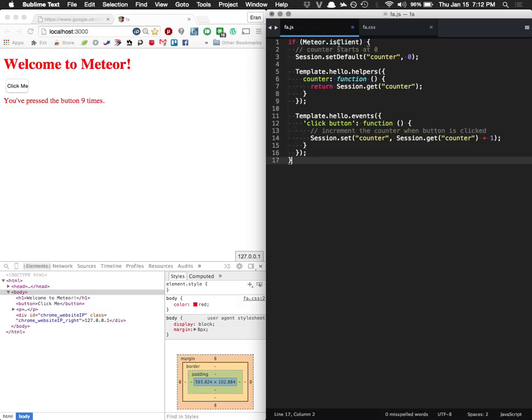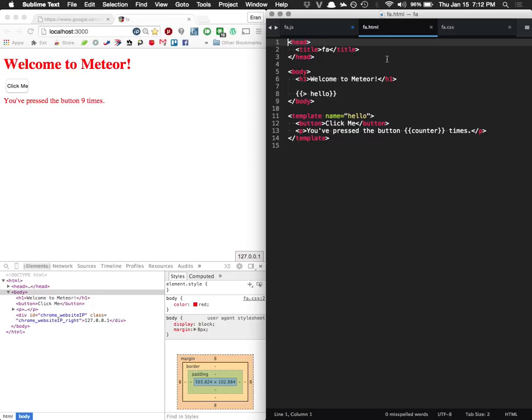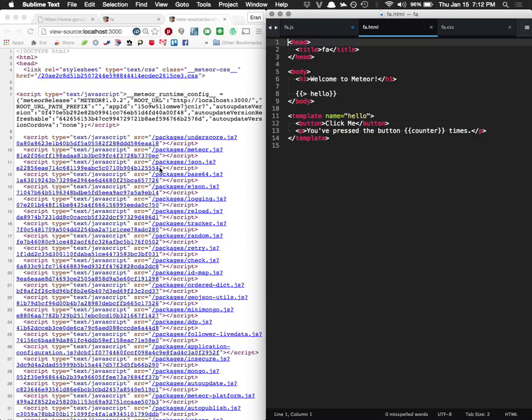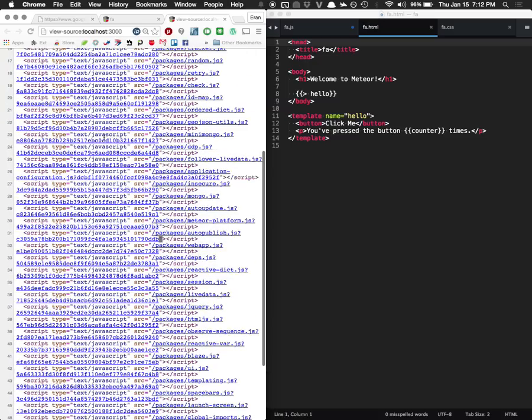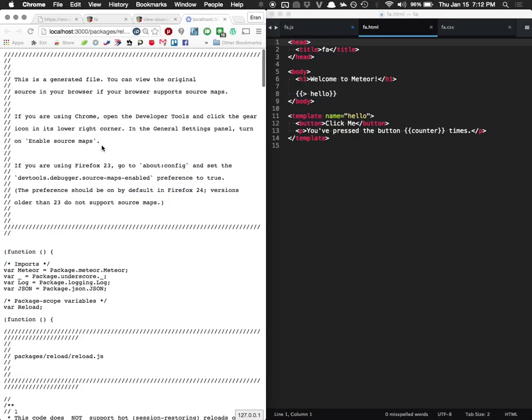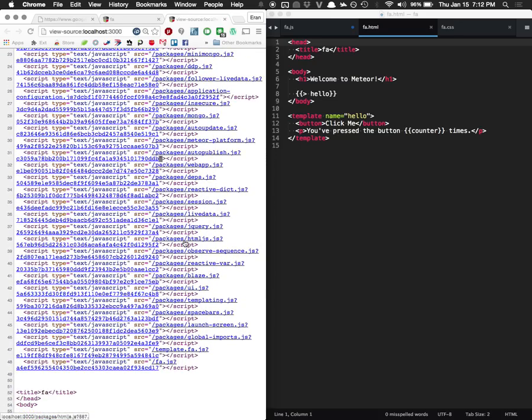Out of Meteor, you get a few things handed to you. Let's start with the HTML file. The first thing you should notice about our HTML file here is that it's lacking a lot of typical HTML stuff, like an html tag or a doctype tag. That's not to say that it's not injected into your source, but you don't worry about that in your file. There's also a small sample of all those packages that are being pulled in. And granted, this is all for just your front end, but